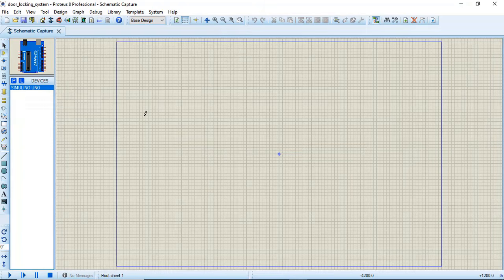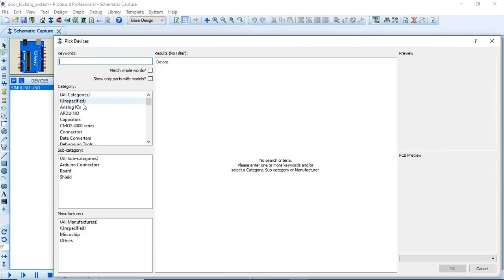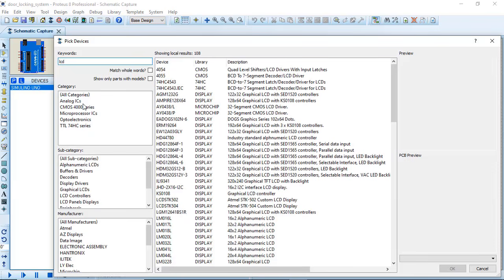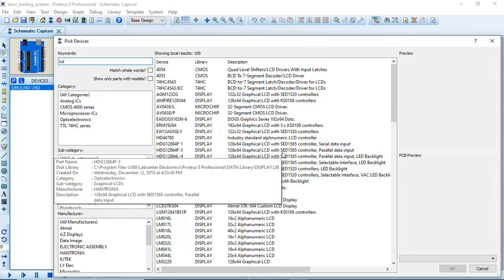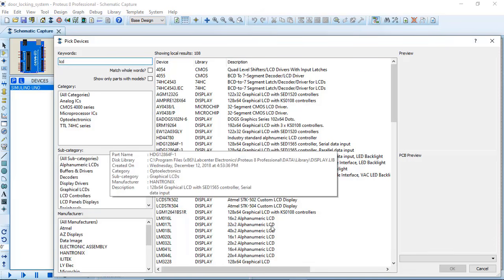And the next thing what we require is LCD display for displaying the operation that is going on. So let's type LCD and let's search for 16x2 LCD.